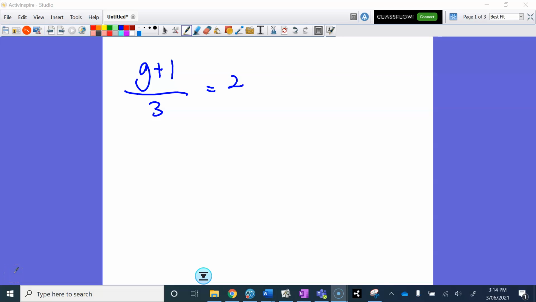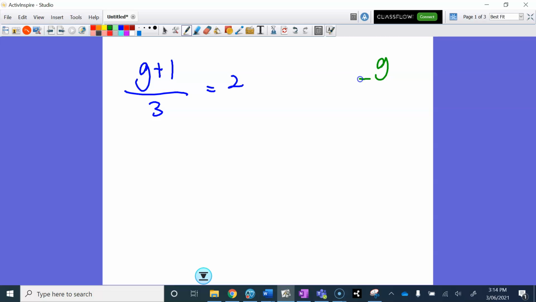Solving equations such as this one would require me to show some mathematical writing and some working before I end up with a solution. So to be able to do that, I need to figure out how I am going to undo all these processes that have happened to G. It would be a good idea when you're doing questions like this one to have a think about the